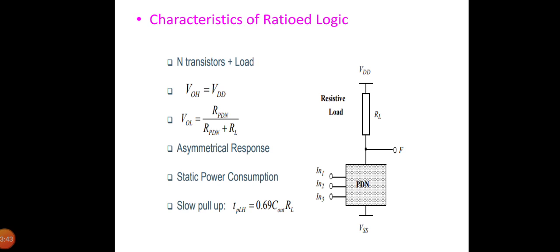Assuming that VOL is small relative to the gate drive VDD minus VT, and that VTN is equal to VTP in magnitude, we can write VOL as Kp into (VDD plus VTP) into VDSATP divided by Kn into (VDD minus VTN), which can be written as mu P into WP divided by mu N into WN, into VDSATP.